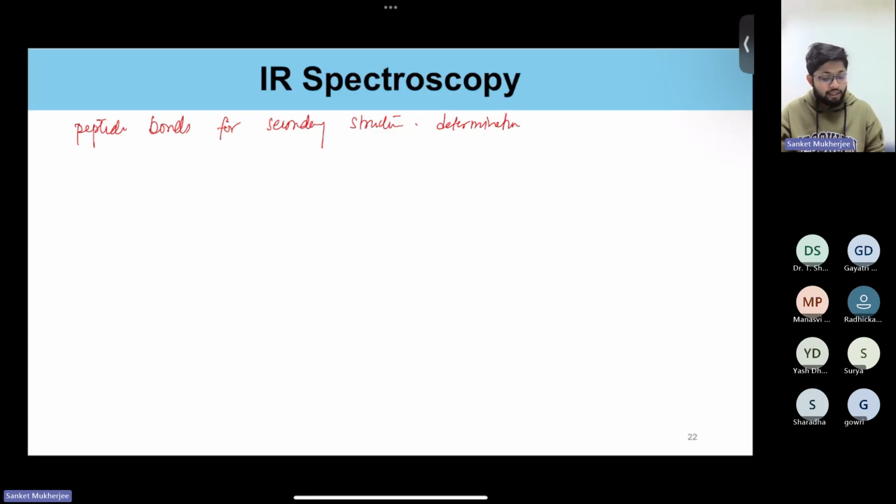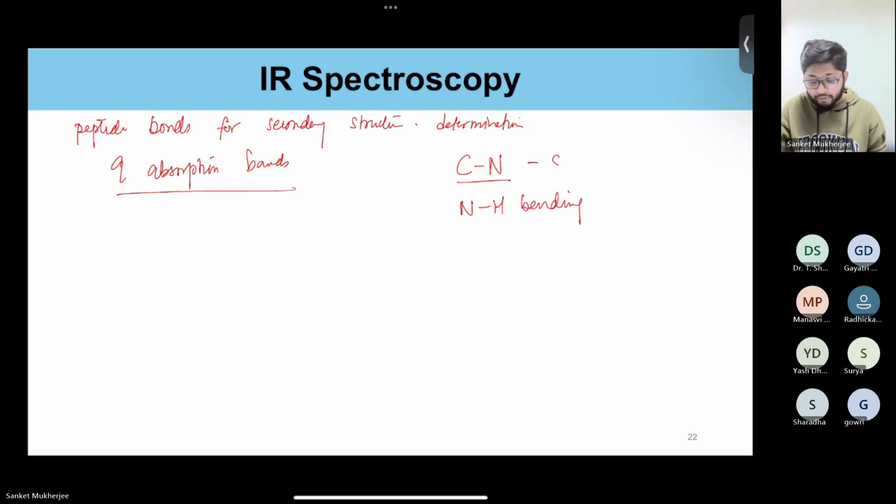So here there are 9 distinct absorption bands for each and every bond. Based on the stretching between carbon and nitrogen and hydrogen, they give the corresponding peaks in a